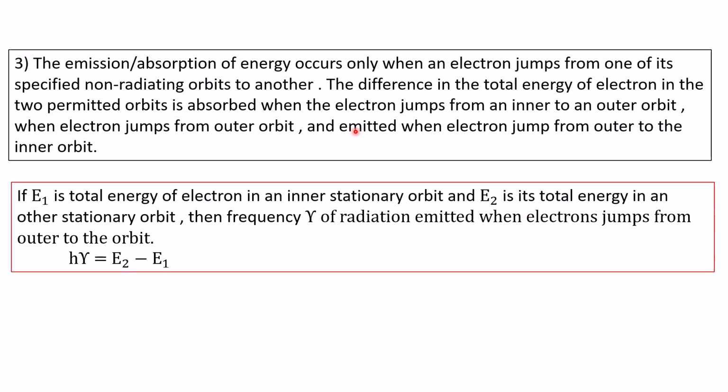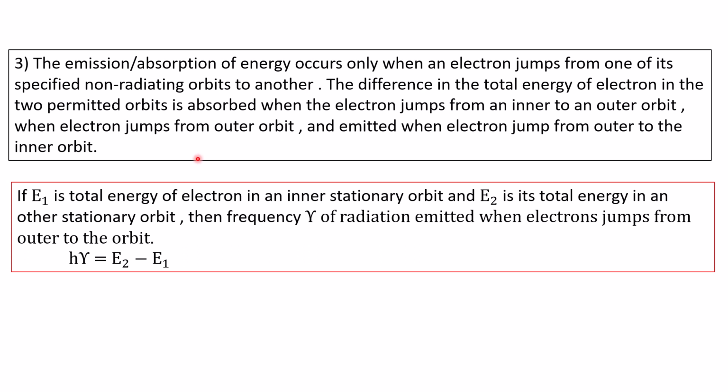According to the third postulate, when an electron jumps from one orbit to another, it either absorbs or radiates energy. When the electron jumps from an inner orbit to an outer orbit, the difference in energy will be absorbed. When the electron jumps from an outer orbit to an inner orbit, the difference in energy between the two orbits will be